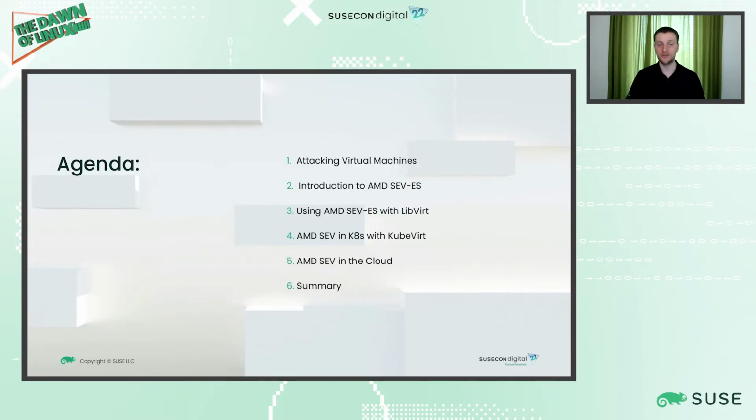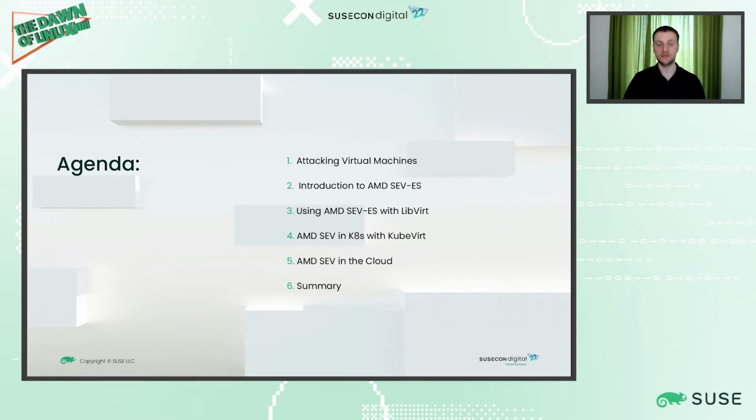What I'm going to talk about today. When I talk about confidential computing, I will mostly cover confidential virtual machines. So first of all, I will show how easy it actually is to attack a standard virtual machine and steal data and secrets out of that machine. Then I give an introduction to AMD SEV and SEV-ES and show how it works and can be used to mitigate this attack so the data can no longer be stolen from your virtual machine.